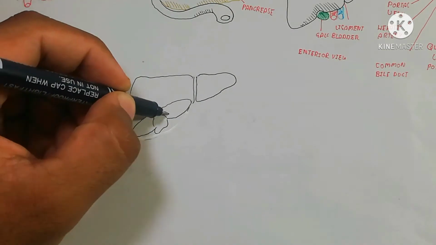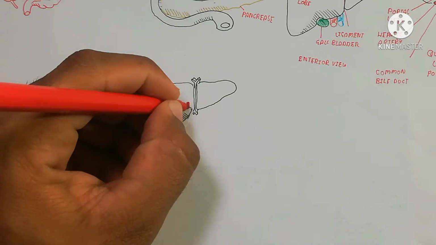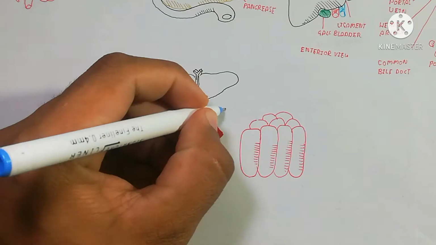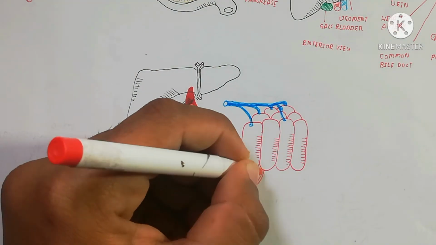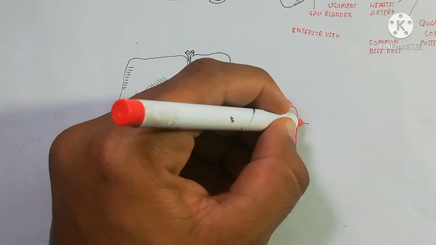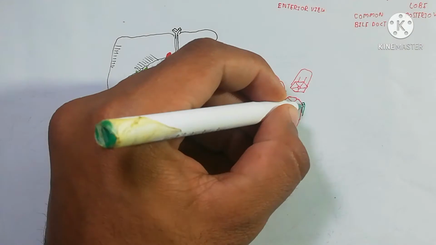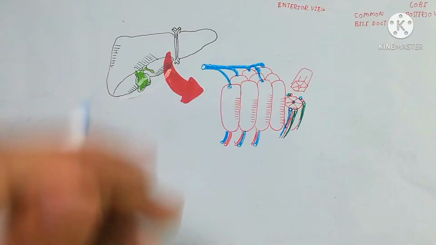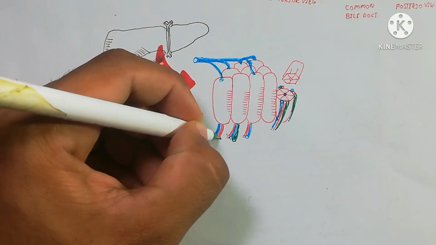Here is the hepatic artery, which contains oxygenated blood. Now I will discuss the lobule, which contains hepatocytes. How the hepatocytes are arranged will be explained by this. Here is the lobule, which contains a hepatic vein and hepatic artery surrounded around the lobule, and that lobule contains many